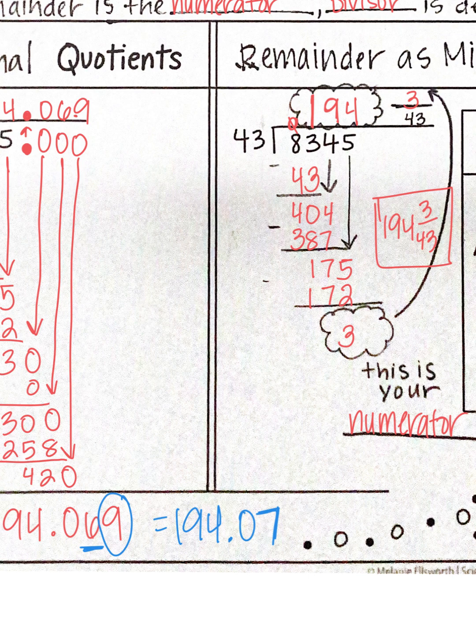So zeros, you could add as many zeros as you wanted, so you could keep dividing and dividing and dividing if you wanted to. Okay, zeros do not change this number here at all. All it does, it allows you to continue dividing to get an exact number. Okay, let's look at different types of